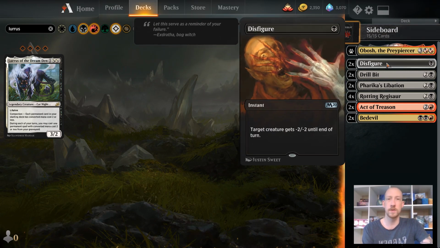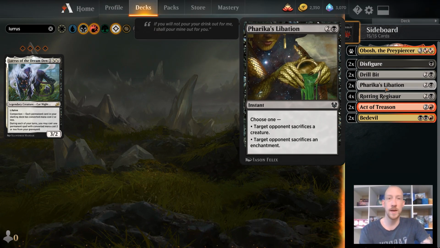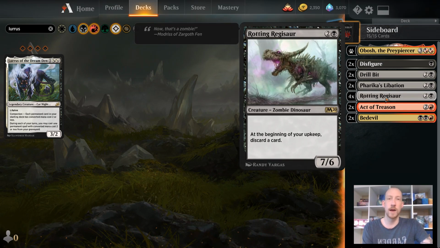Sideboard: Disfigure is good against the aggro matchup. Drill Bits if I want to look into my control opponent's hand. Pharika's Libation is to get rid of any kind of enchantment-based deck like Temur Reclamation or Jeskai Fires. Rotting Regisaur is just to go around some of those pesky sweepers that you find in Jeskai and Temur that don't necessarily kill everything with Shatter, but they use like the Storm and the